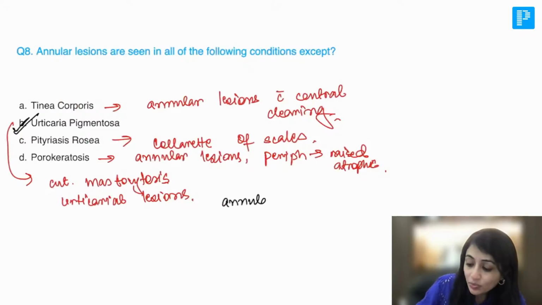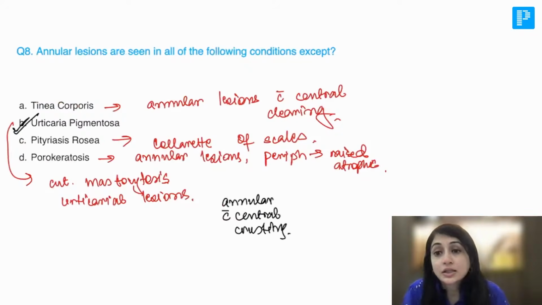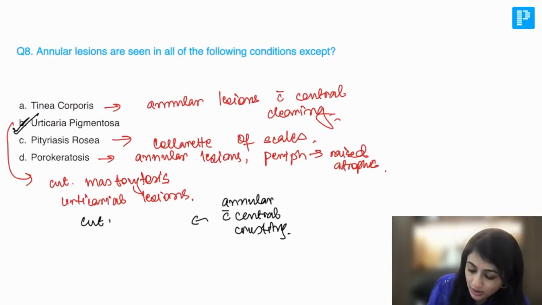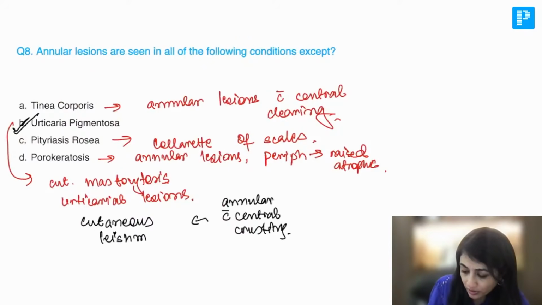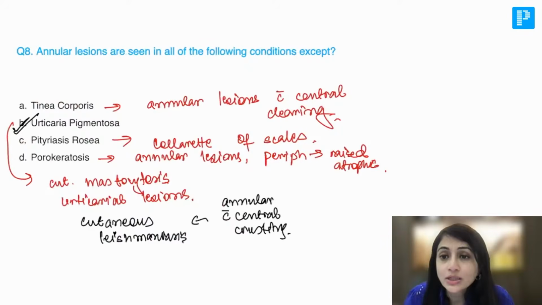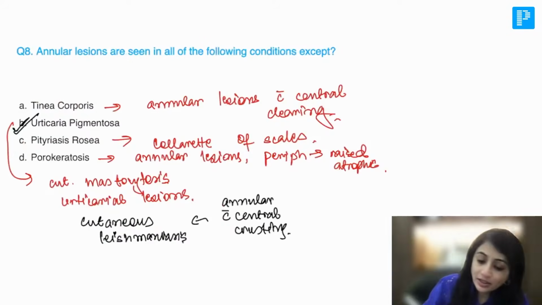Annular lesions with central crusting. What is it? This we have discussed, and this you should be knowing. Annular lesions with central crusting are seen with cutaneous leishmaniasis. So this is also something that you should be knowing. Central clearing is tinea corporis. Central crusting is cutaneous leishmaniasis. Yes, tinea circinata can present with circular lesions. Lupus vulgaris will present with